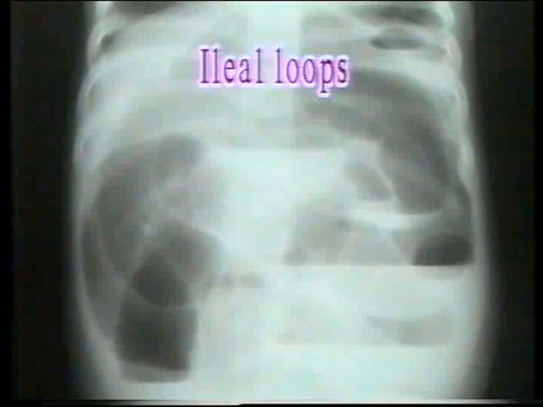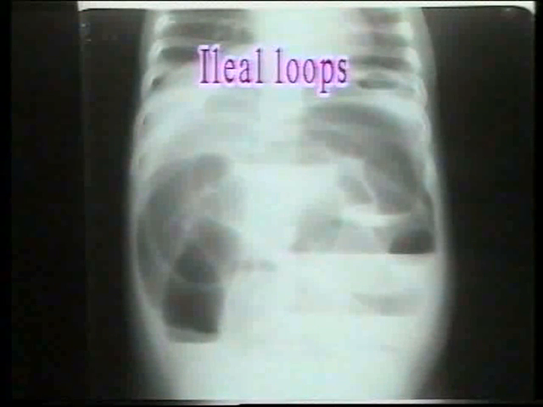Now we see in close-up the appearance of the gas shadow, which is very smooth and even, described as a featureless shadow. This is a typical distended ileal loop. The gas shows no pattern and has a very smooth border. Also, an ileal obstruction shows many fluid levels, as the obstruction is low and many intestinal coils are distended.